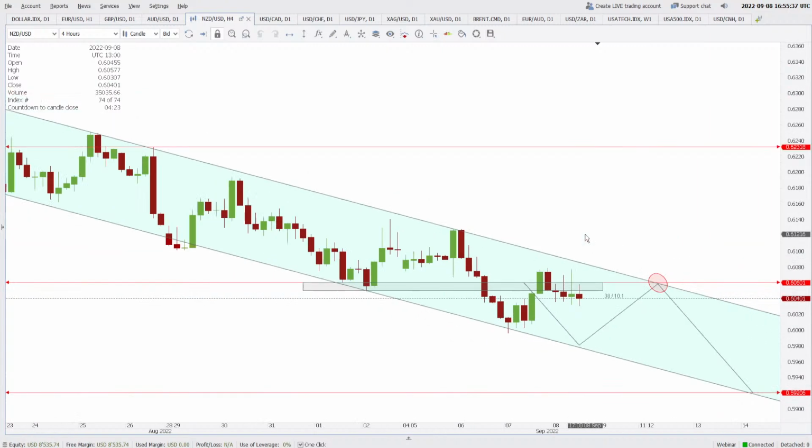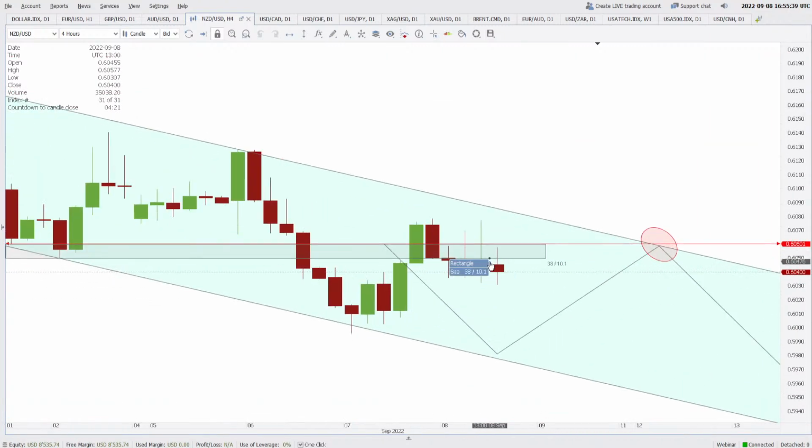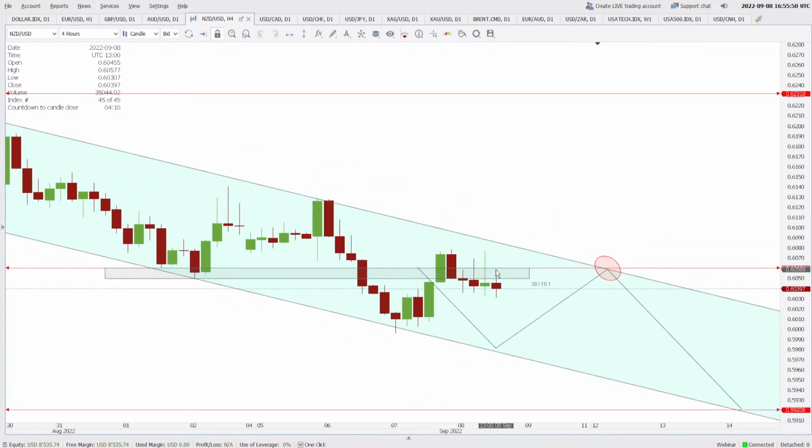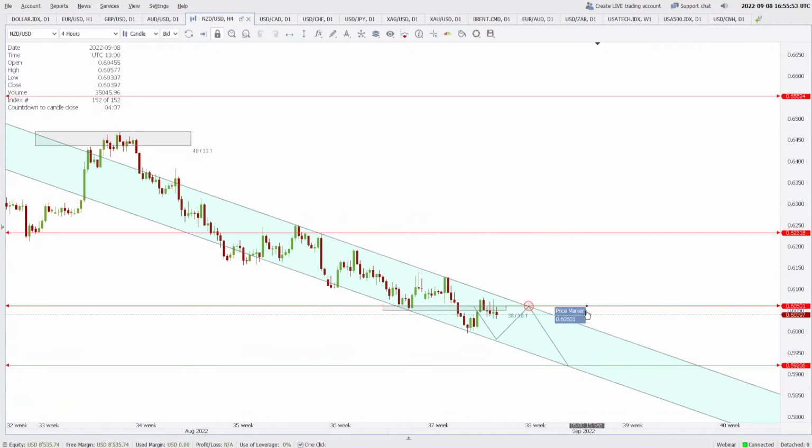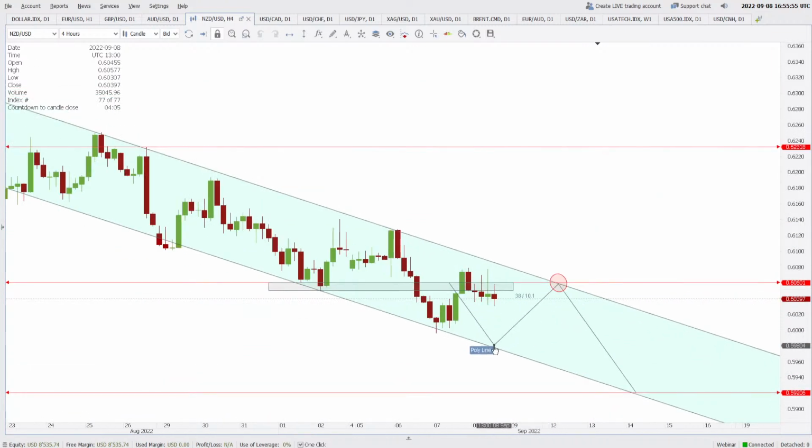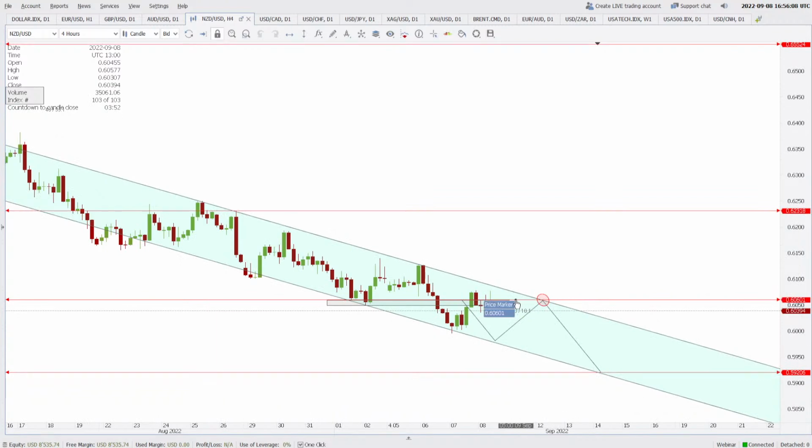Do you see something here? When the price closed below it, every time it is trying to go above it, it is finding resistance. This is not a joke, this is happening. Why is this happening? Because this is an important level. So even if the price goes back to this place, you find it as a support, and eventually it may rise and give us another good opportunity to go short at these levels around the 12th of September. So it makes good sense to me. 0.6060 is, friends, still a good resistance. 0.5920 is a good support for the New Zealand dollar.